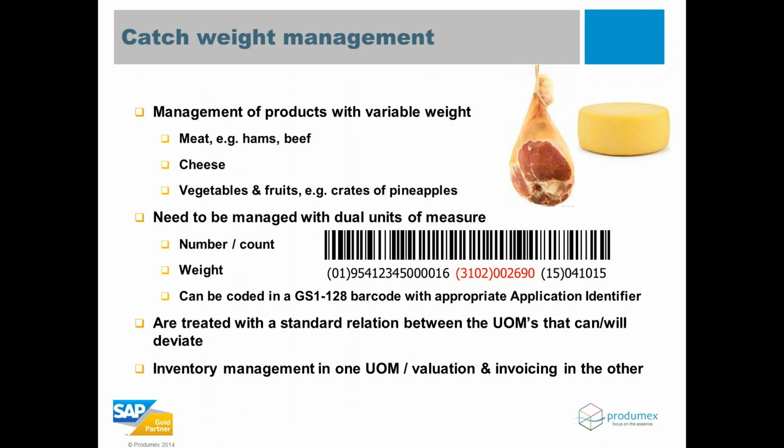So what you need to do in those cases is manage those products with dual units of measure. So you will have to manage them either by number or their count, because no, you're not going to order or trade these products in terms of I'm going to buy 10.5 kilos of Iberico ham, by example, but you're going to buy 1 Iberico ham. But the weight of the product will define the exact value, because you have got a price per weight, and if it comes to